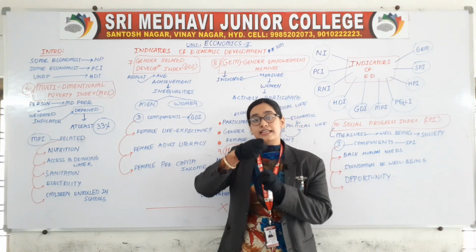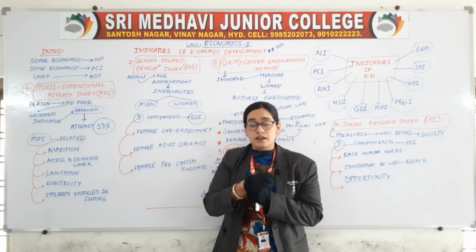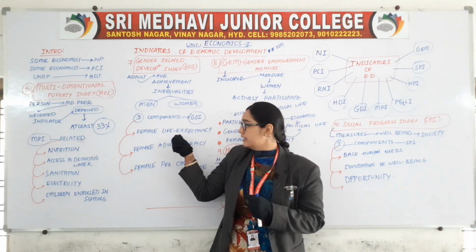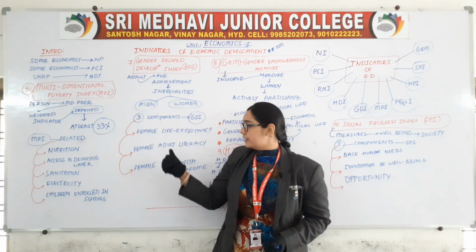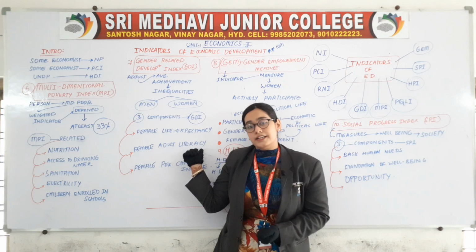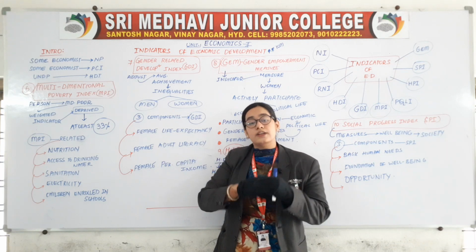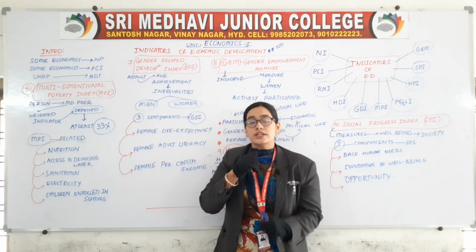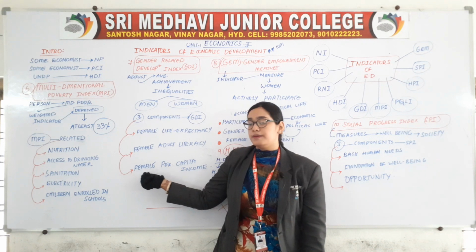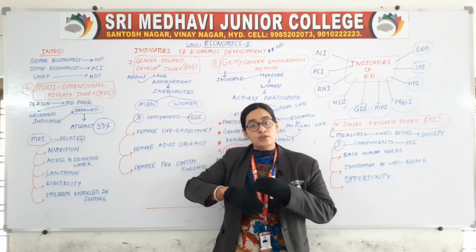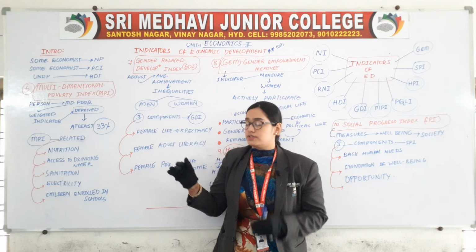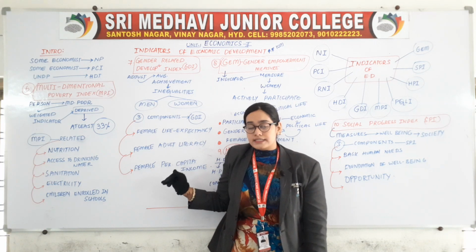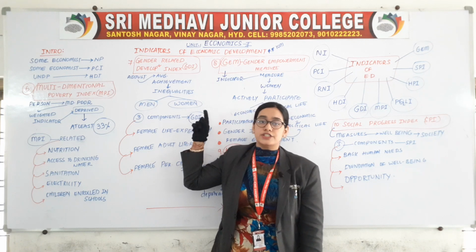If they are facing any kind of problem, then you can say that the life expectancy is less. Then second, female adult literacy, whether the females are getting opportunity to get their education or not. Third point, female per capita income, whether they are allowed to do the jobs, are they earning individual income or not. So these are the three basic components in order to measure GDI.